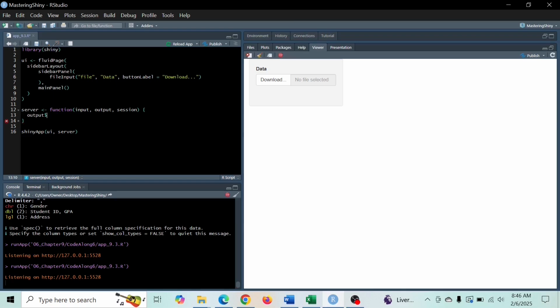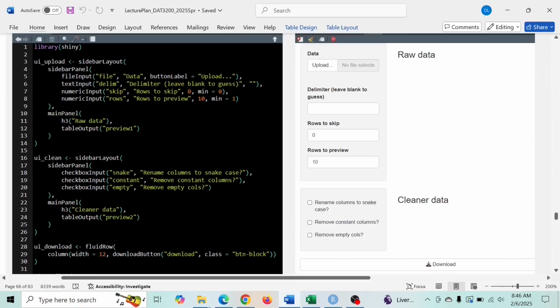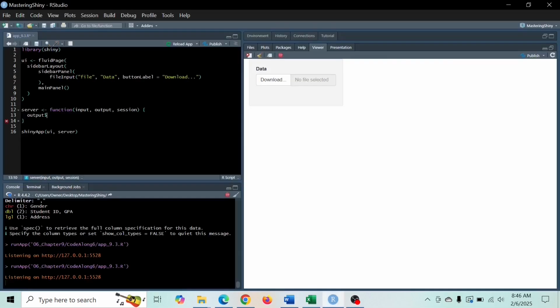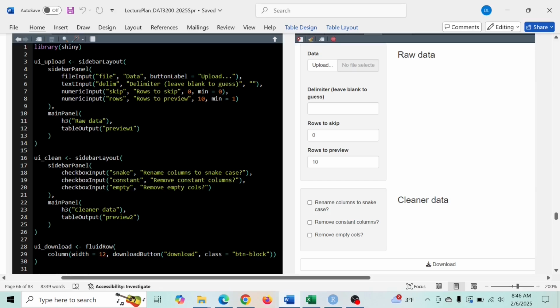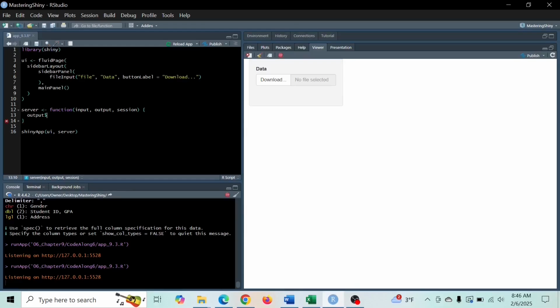The output here is raw data, and we're going to print the table of the uploaded data file. We'll name it preview one, and we also need this raw data title for the section. So here we're going to have preview one for the output ID, and then we're going to have the section